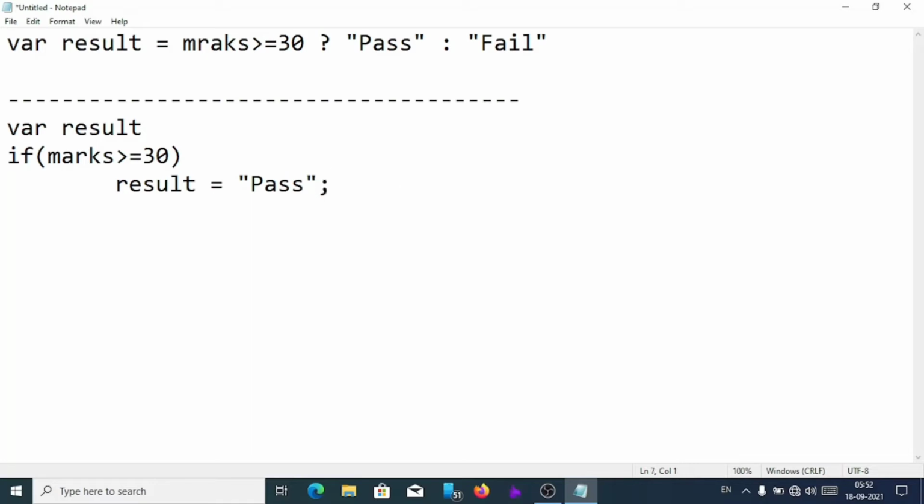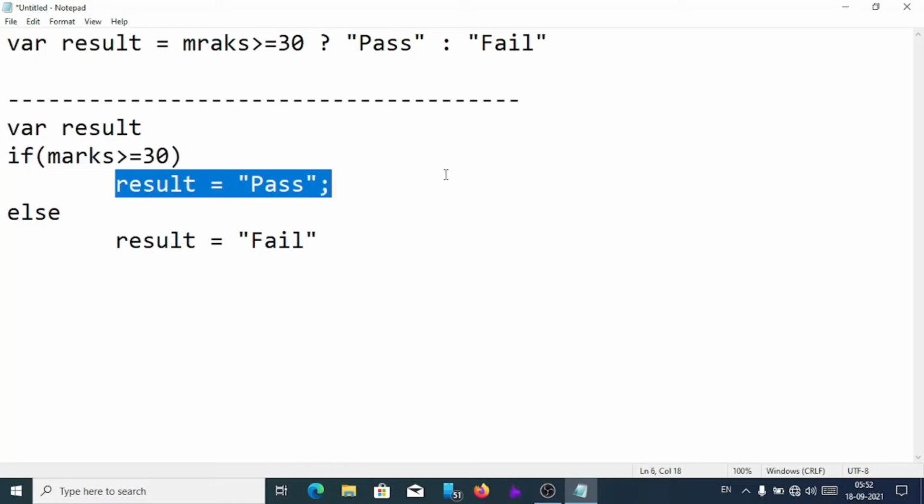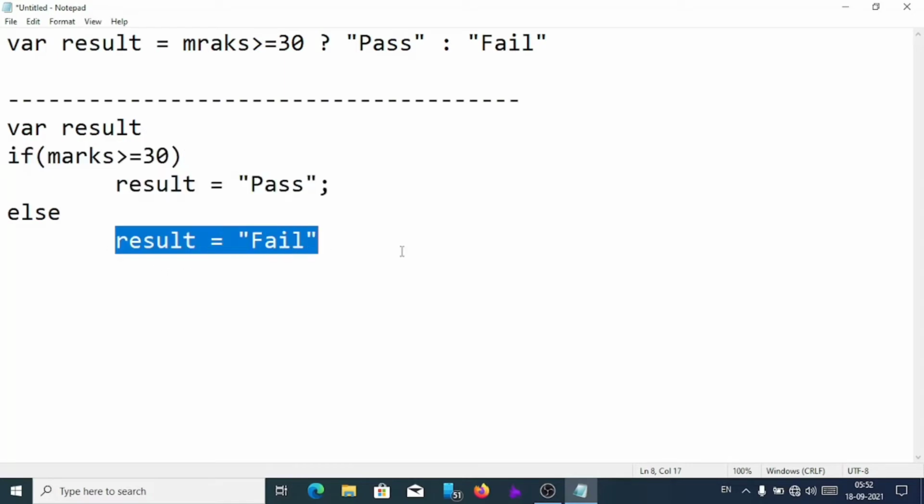Now if the condition is false, then the result variable will have value fail. So else result equal fail. So here see, this is the condition, here it is true value and this one is false value. This way we can convert a conditional statement into if and else statement.